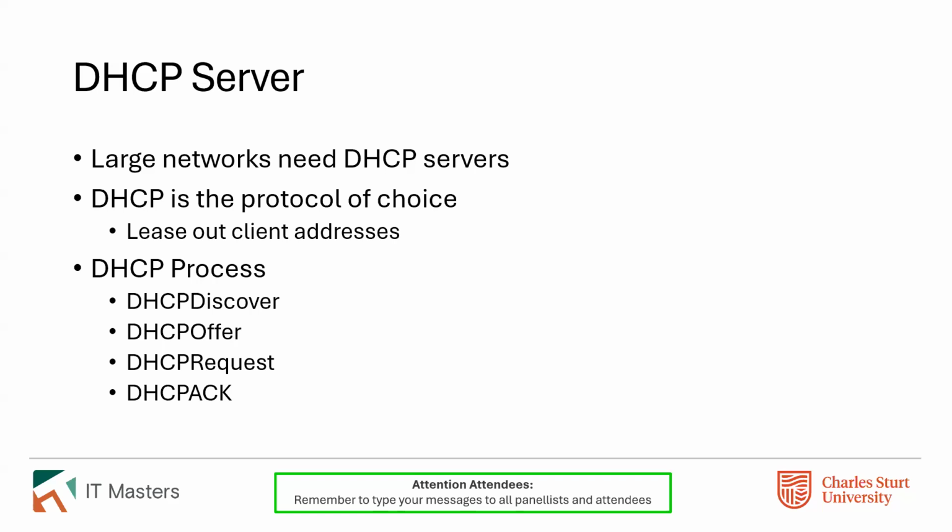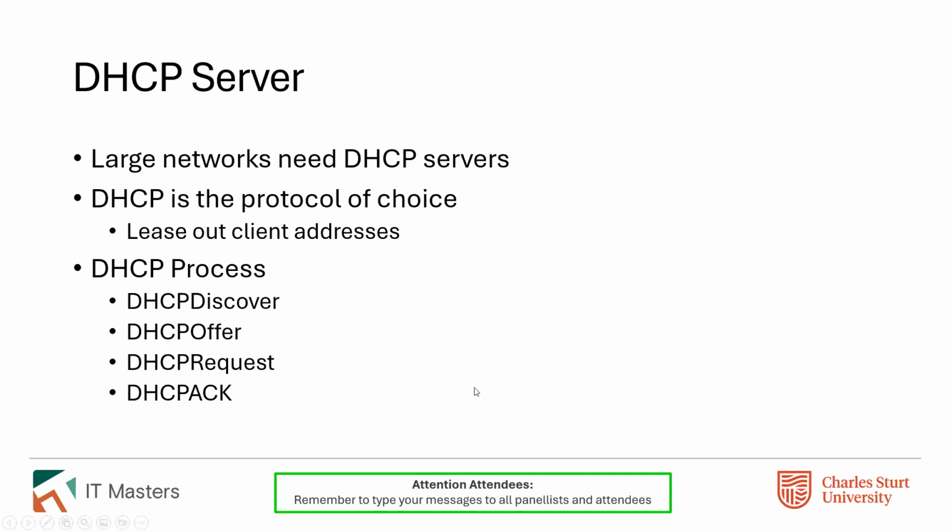So what it will do is send a message, essentially a DHCP discover message, to a broadcast address saying, hey, I need an IP address. The DHCP server will reply also to a broadcast address saying, well, okay, you want an IP address, here's one for you that you can choose. The client then turns back and says, could I please have that IP address? And then the server turns back a fourth time and says, yes, you can have that IP address.